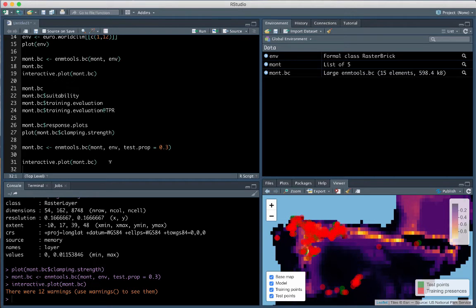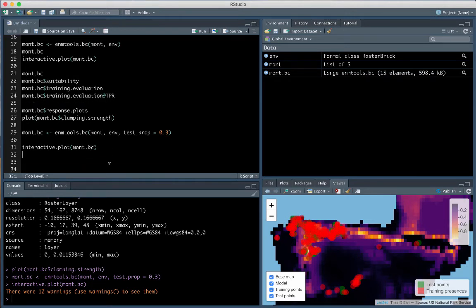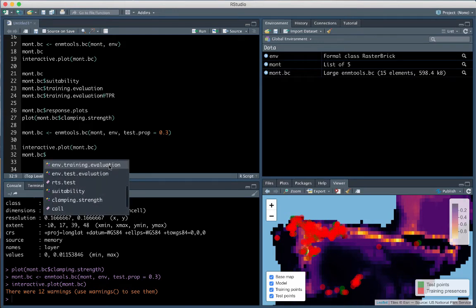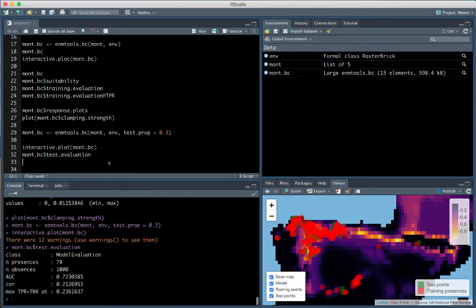right? Okay, and that's cool, but you've also got mont. So if you go mont.bc, you sort of scroll through here, you'll see a test.evaluation. And this will give you your AUC on your test data, but also all those things that you can get out of a Dismo evaluate object, it will give you on that randomly withheld test data. These are also doing